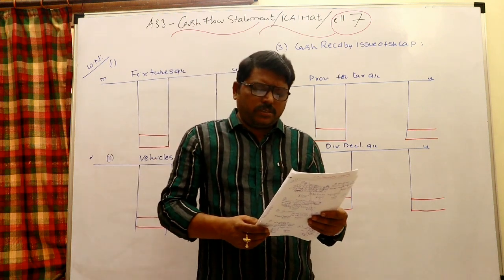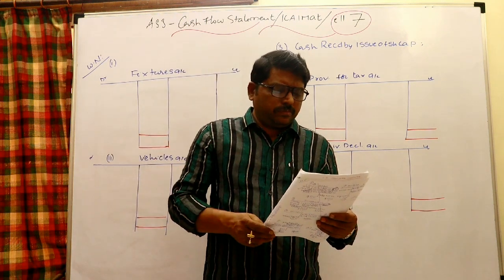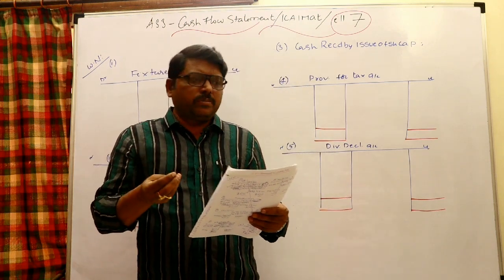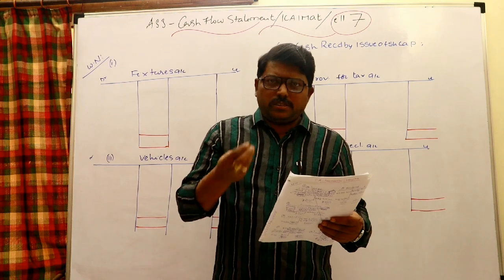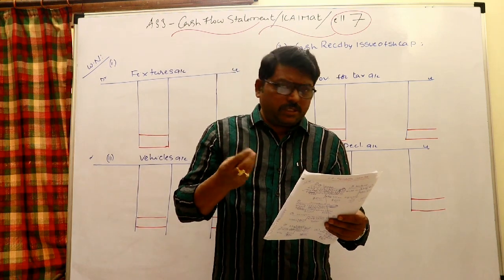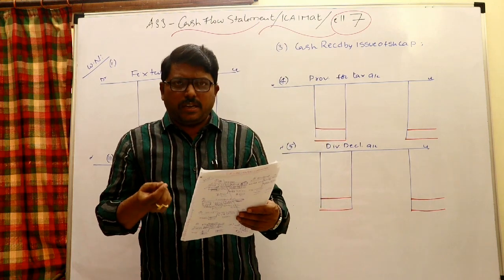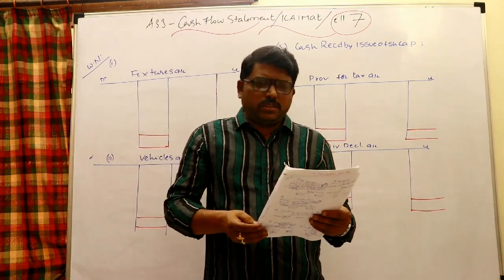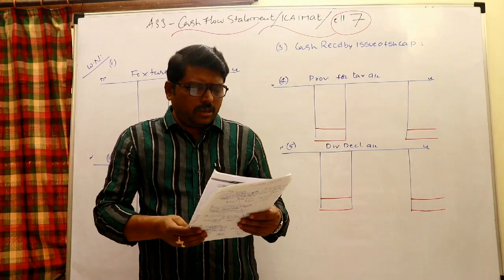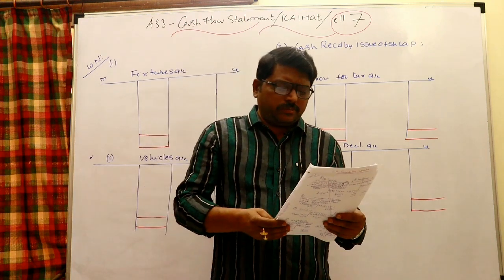Short term investments 1,000 and 2,000. Short term investments you may consider when they do not have significant risk, and I said that within 3 months if they can be liquidated without any significant risk, they may be taken like cash and cash equivalents. So here in this problem it is taken like cash and cash equivalents. Come back to the current assets.